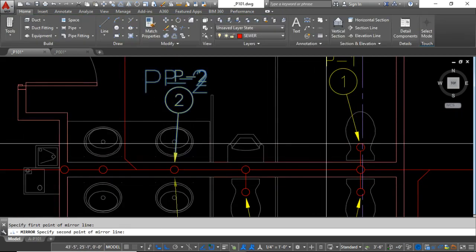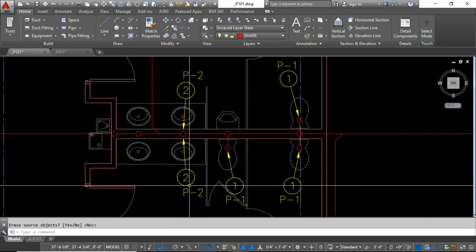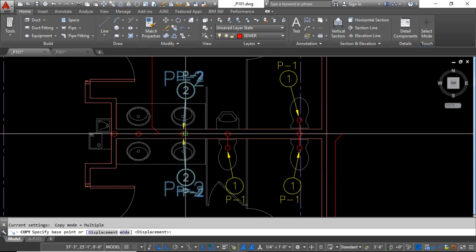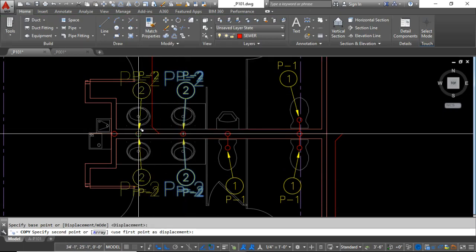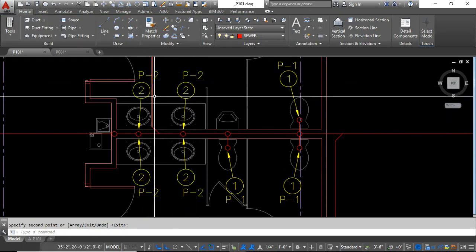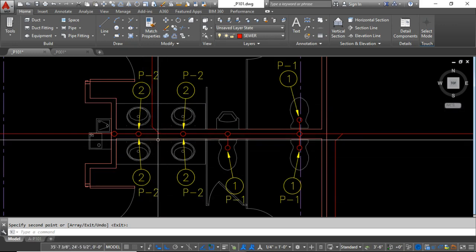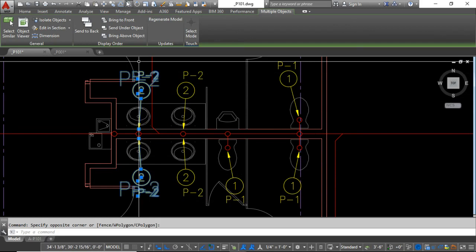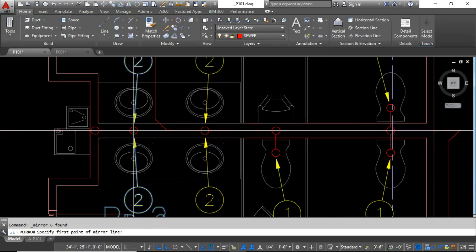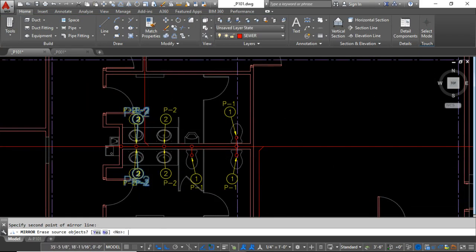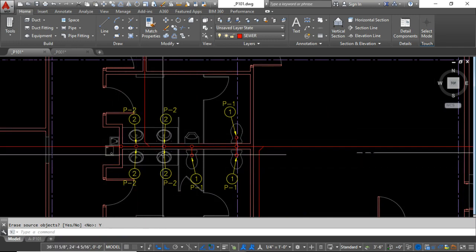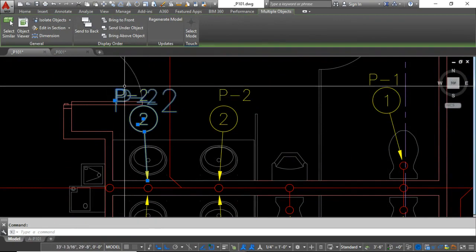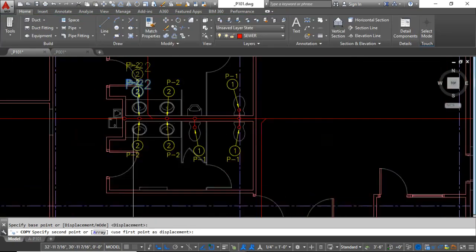So I'm going to mirror that. And because there's 4 sinks, I'm going to copy these guys over to the next set of sinks right there. Well, now it's kind of too close to that line, so I'm going to mirror these 2 guys so that they're on the opposite side. And that looks a little better. I think that takes care of all the sinks except for the one in the private bathroom